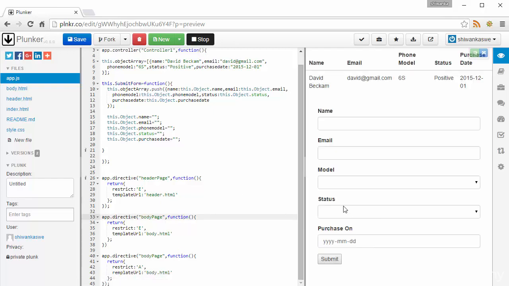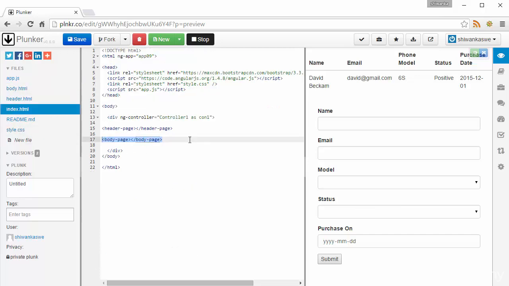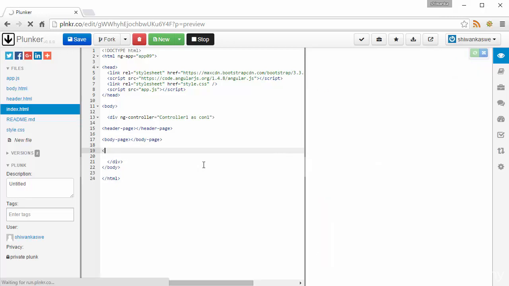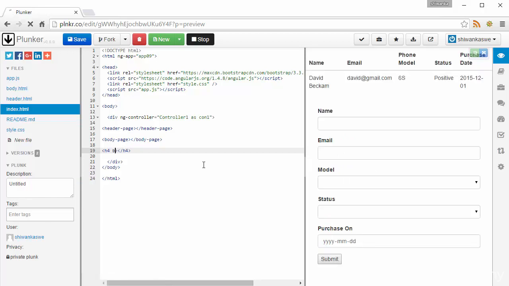In the attribute directive we will add an attribute, and we will add an h4 tag, and we will add the custom directive body-page. This is actually a custom attribute directive, and see is it added. The h4 tag I have added, body page tag,